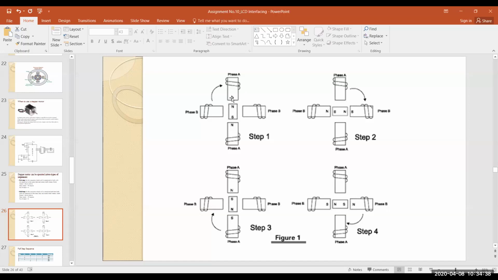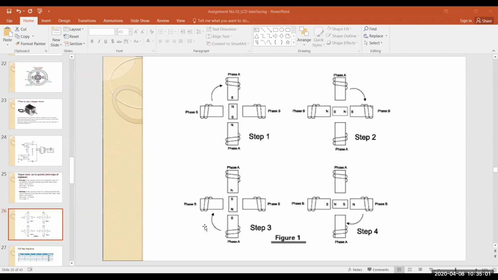If the stator has a south pole, then the north pole of the rotor gets attracted, because each magnet has two poles called a north pole and a south pole.